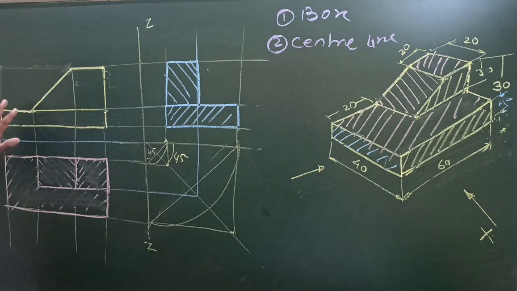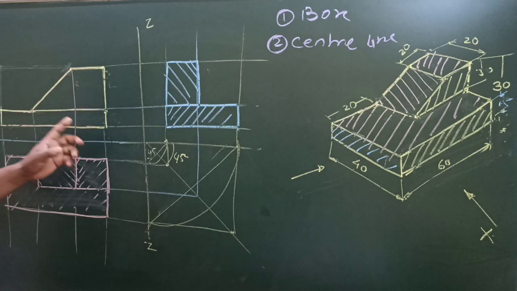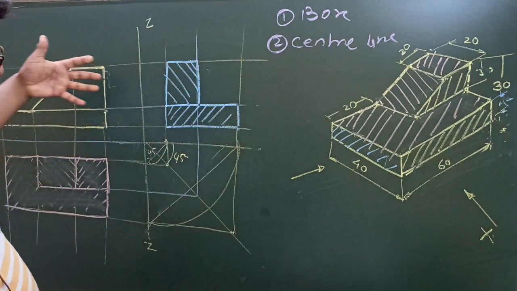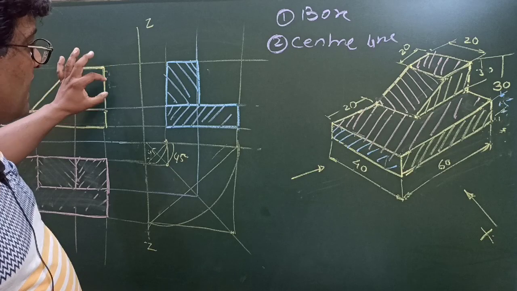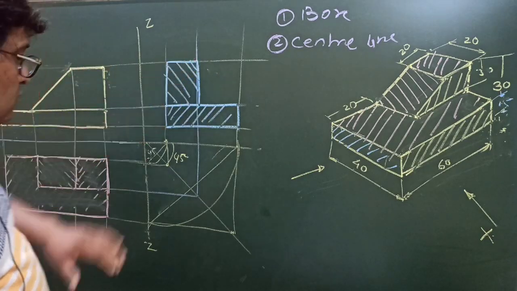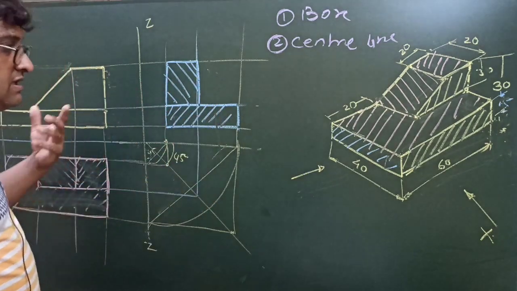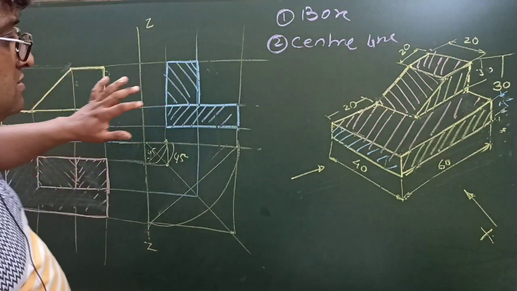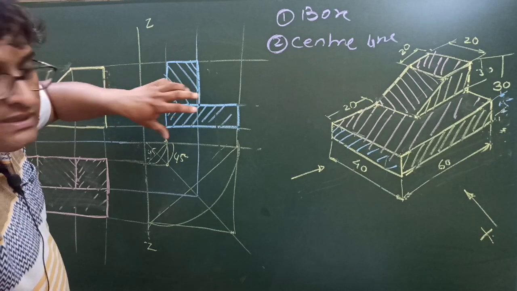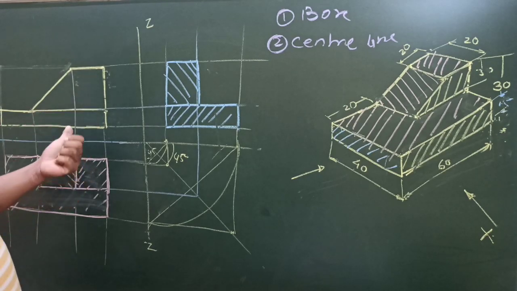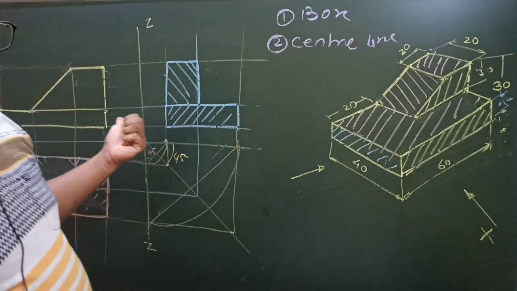What you need to do, you have to draw the front view first in most of the cases. Then most of the dimensions you need to drop using the projectors. Horizontally you can project the heights from here in the side view, and width may be projected from this side. So generally in case of side view you need not measure anything, just take the intersection points and the side view will be generated. So these are the three views, right?